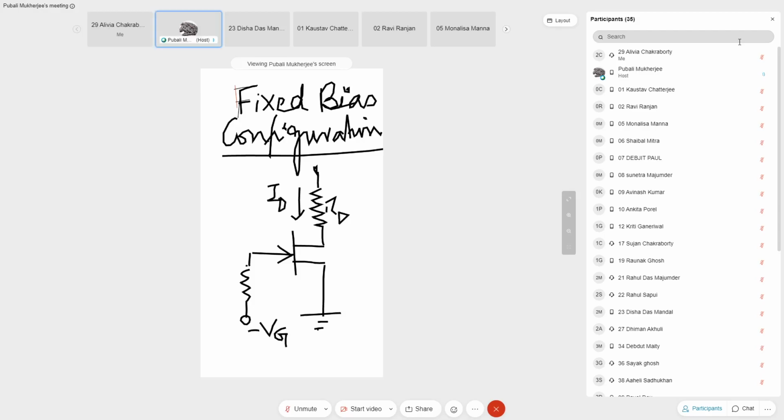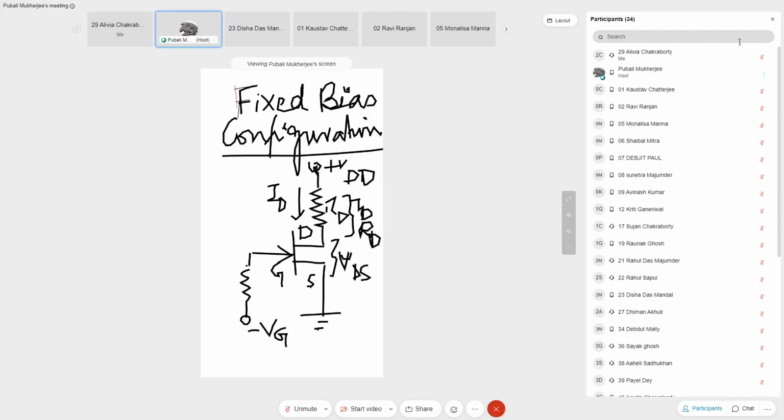This is RD, this is ID, this is plus VDD. Generally, in the circuits that we have drawn, we used to connect the battery. This drop is IDRD. This is gate, this is source, this is drain. So this is your VDS, plus minus. Okay, so this is the circuit that we had.